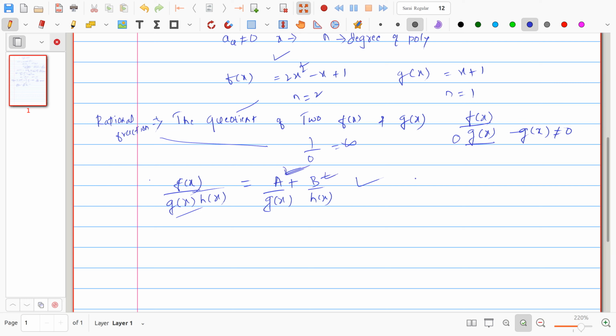We will be getting the final equation, right? This is the partial fraction equation. You just remember this is in the form of partial fractions. Okay, in these rational fractions,